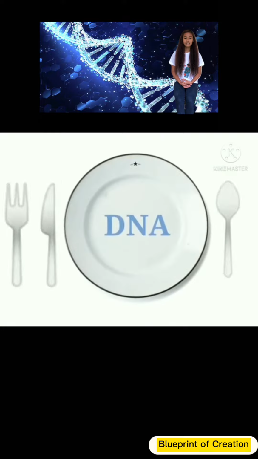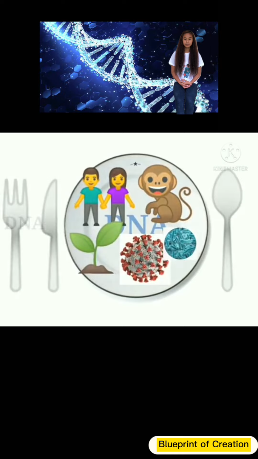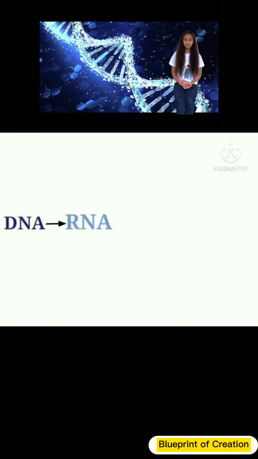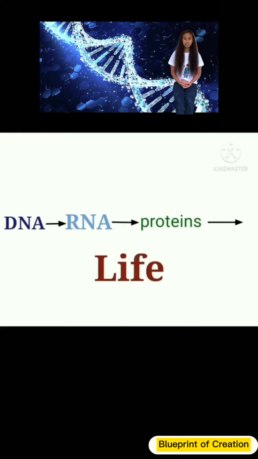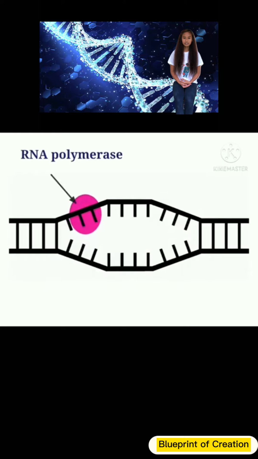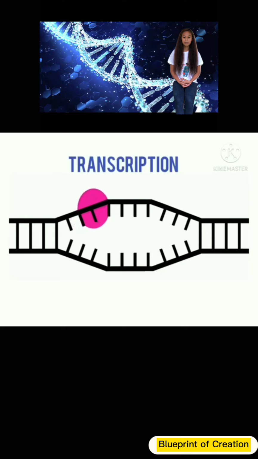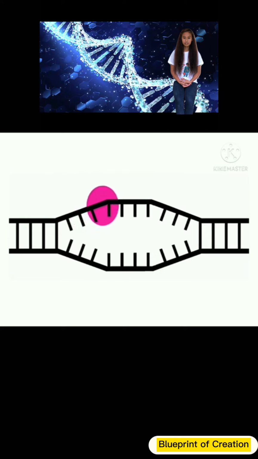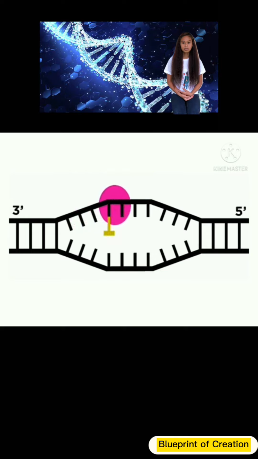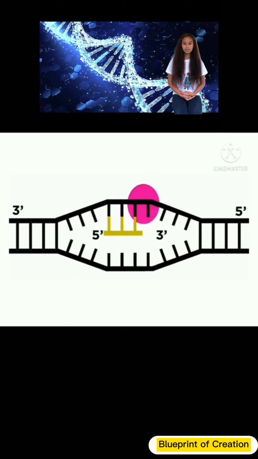How does DNA become a recipe of creation? DNA creates RNA, and RNA creates proteins, and proteins create life. DNA synthesizes RNA by a process called transcription. An enzyme called RNA polymerase attaches to the DNA to make a strand of mRNA, or messenger RNA, a